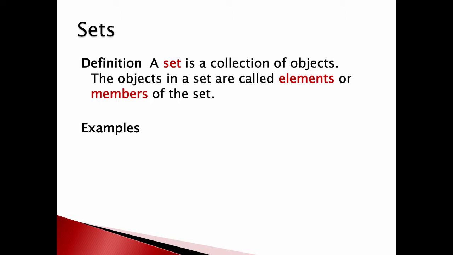So we're going to go with what's called naive set theory, meaning we're just going to say a set's a bunch of stuff. Okay? For example, if I put curly brackets, that's usually what I'll use to list the members of a set. So {1, 2, 3} means I've got a set with the elements 1, 2, and 3. I might write something like A equals the set, in curly brackets, of all integers. So those would be numbers like 1, 2, 3, 4, 5, 6. Also negative numbers like negative 3, 0, negative 15, and so forth.